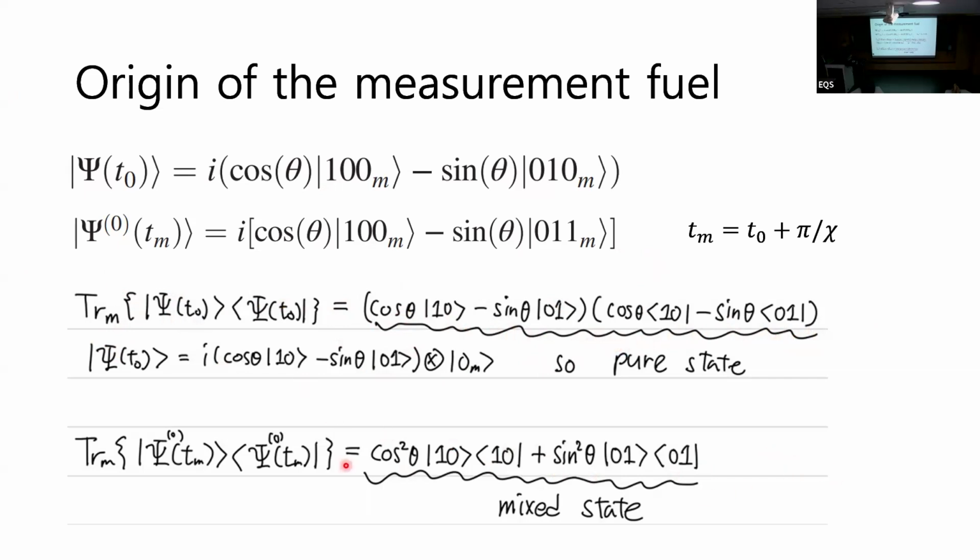It became a mixed state when T_M. It's just calculation. Then this is equivalent to performing a measurement on B without recording the result. After measurement, if we don't check the result, the state would be like this, equivalent to this. The entanglement was broken, but we don't know the result. There's some uncertainty in the state, just a mixed state. Thus, this process can be interpreted as pre-measurement.